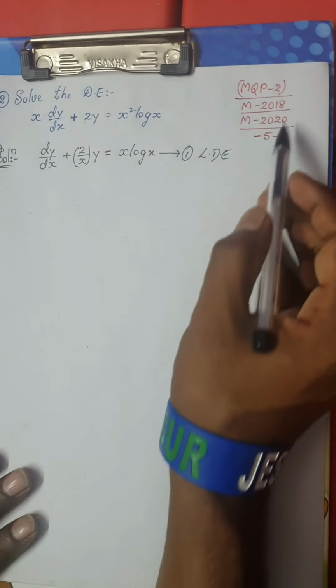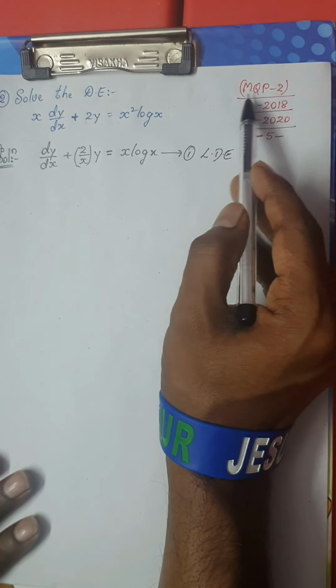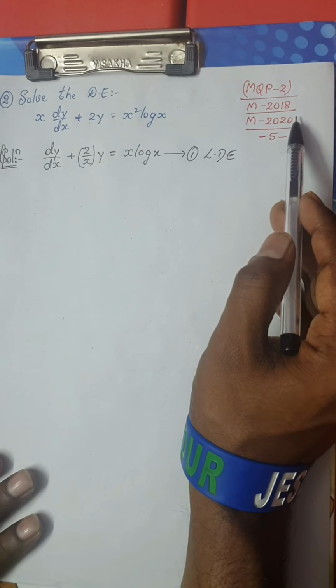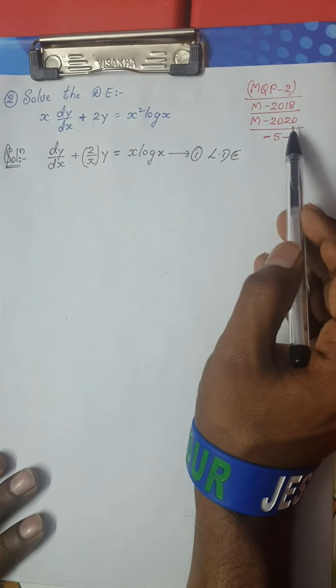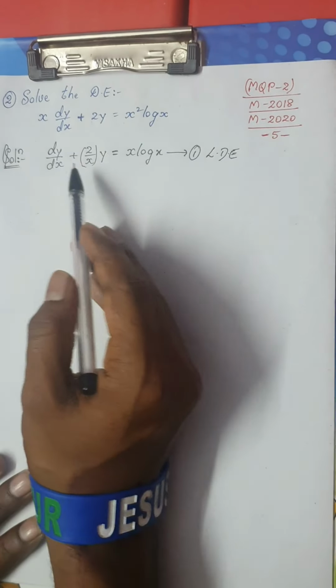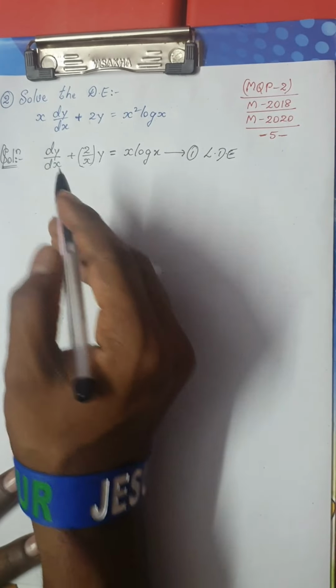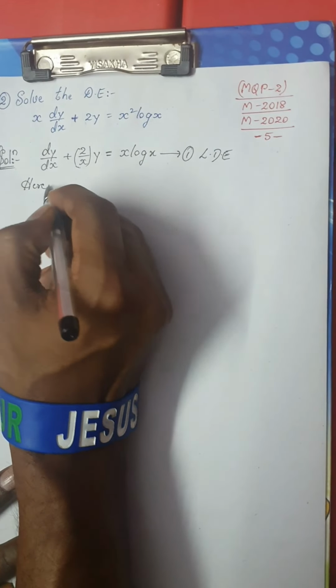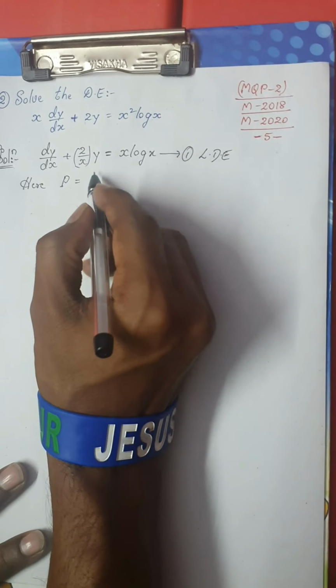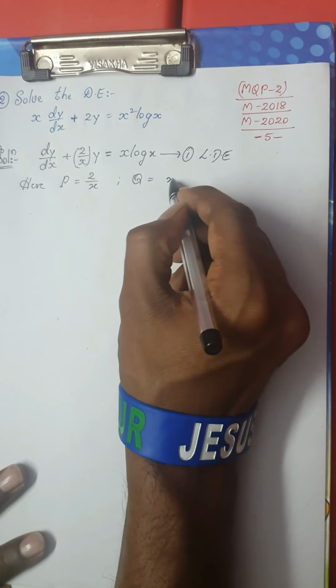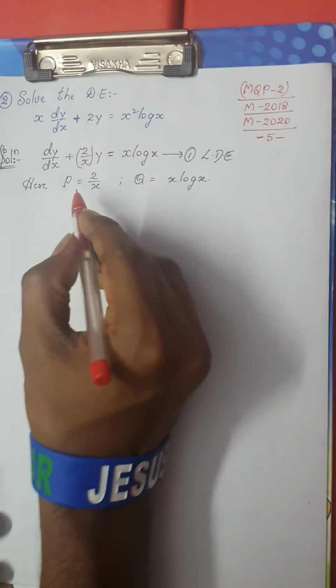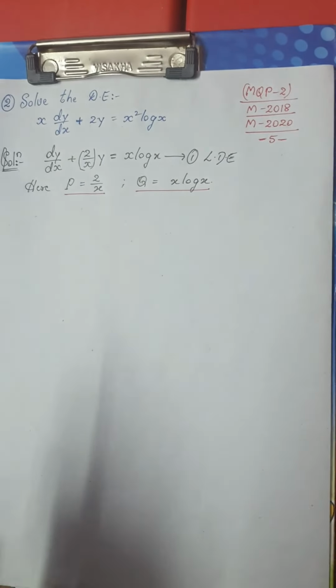equation. Okay, remember this question is in model question paper 2 of your reduced syllabus, but this is a standard question asked twice, in March 2018 and March 2020 also. Okay, right. So once the given equation is in standard form, we are going to note down what p and q are here. So p would be 2 divided by x, and your q would be x log x. Okay, so once your p and q are ready, we'll find out the integrating factor.